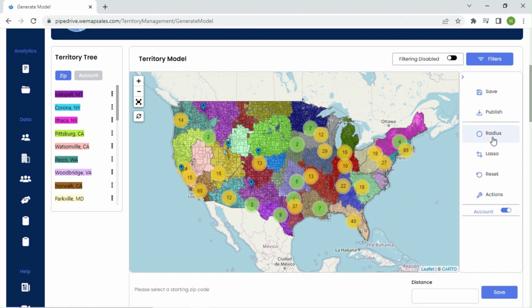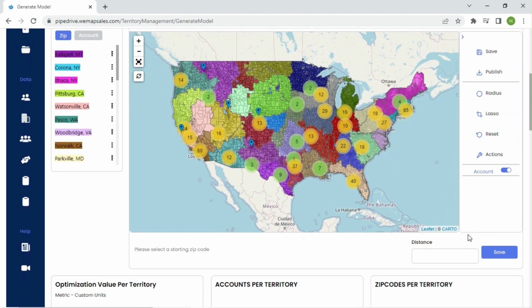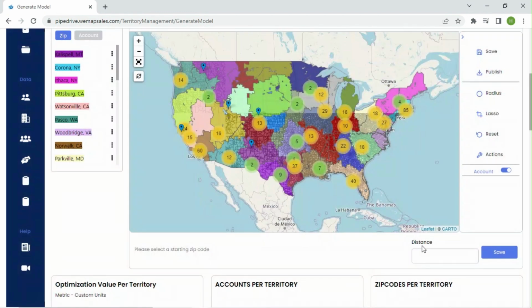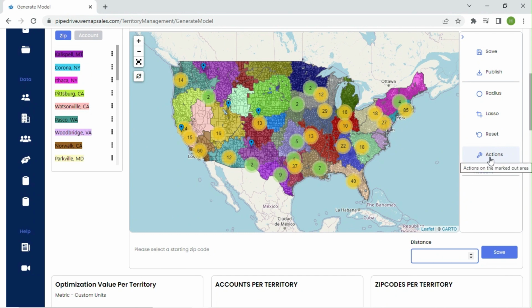All you have to do is select the starting zip code on the map and then enter the value of the radius in the text box and click on the Save button. You can either create a new territory or add it to any existing one using the Actions button as already explained. You can discard all current radius or lasso selections and restore the map to the previous state using the